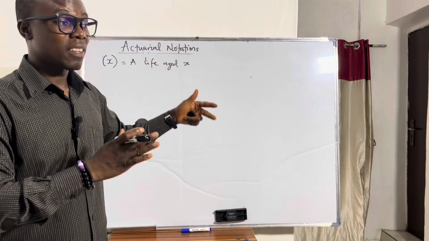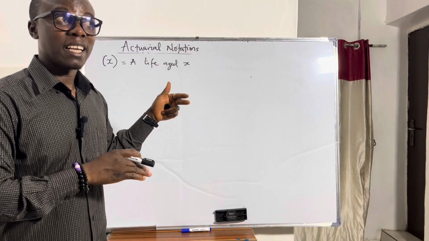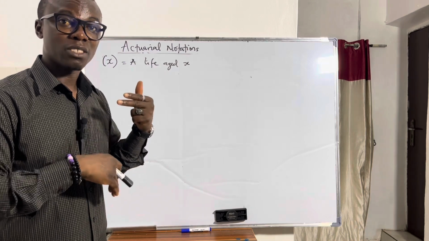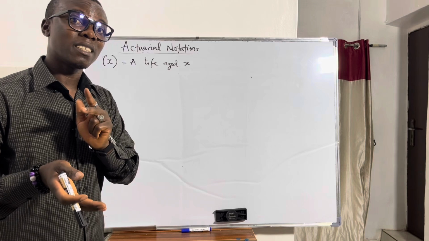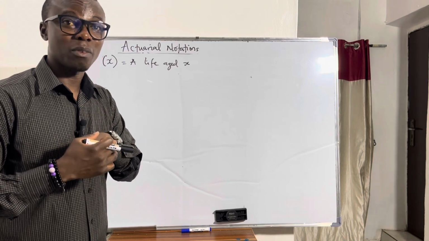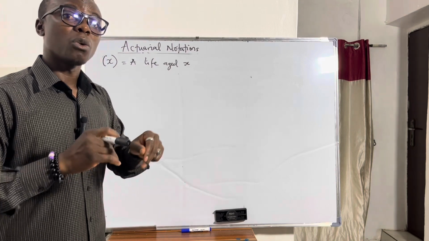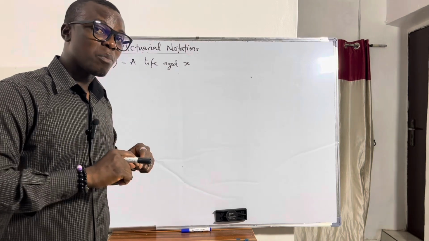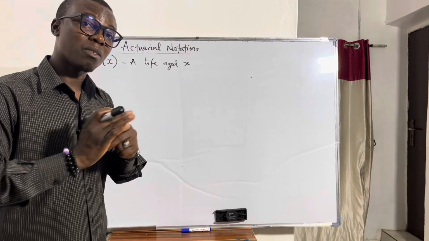So you won't find in that particular group, let's say they were all given birth to in 1982, and when we add 8 to that, that gives us 1990. In the year 1990, you won't find some of them are 10 years old, some 12 years old, some 7 years old. No, that will not be the case. If they are still alive, in 1990 they will all be 8 years old. Why? Because they were given birth to in